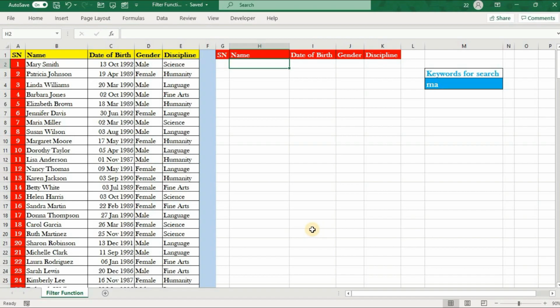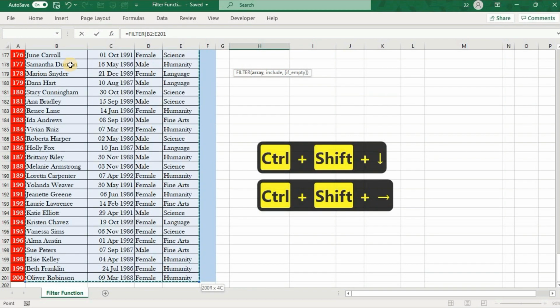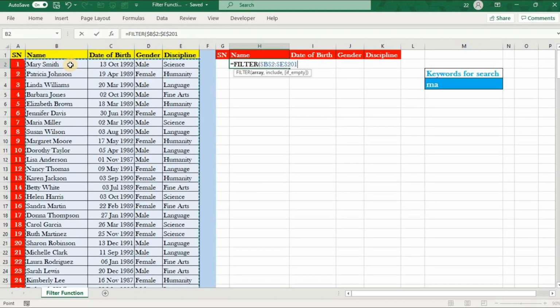So we have before us a data here, and I'll show you how the FILTER function works in filtering the data of our choice. Like the very basic, I'm typing FILTER. The array, as I told you, is the array which we want to filter. I will lock it. Then the include option. Here we have to actually include the logical test or the logical criteria on the basis of which we are going to filter our data.